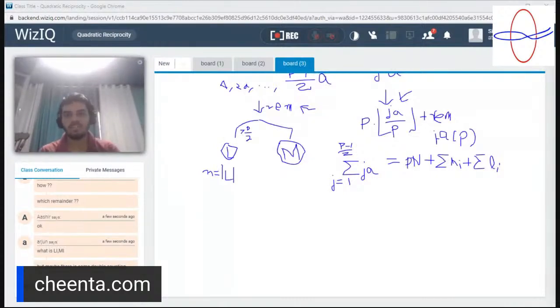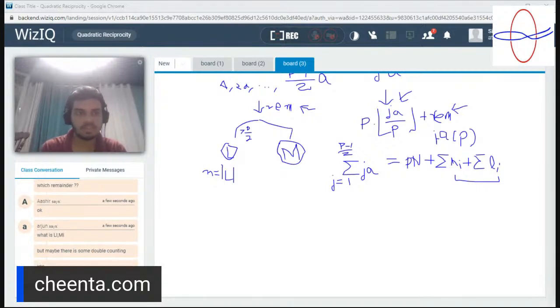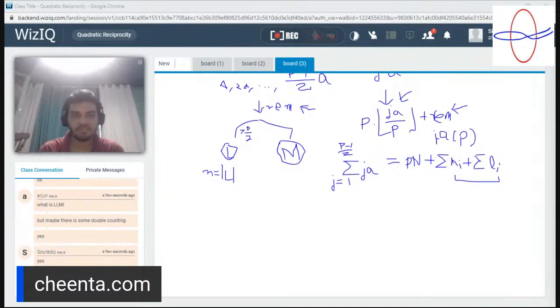So all of these remainders are divided into two sets here, right? The sum of all these remainders is equal to the sum of all elements in L and the sum of all elements in M. So the sum of all the remainders mod p is just equal to the sum of all elements in M and the sum of all elements in L, right? I hope this is clear. Now, if we write Mi and Li in terms of N,